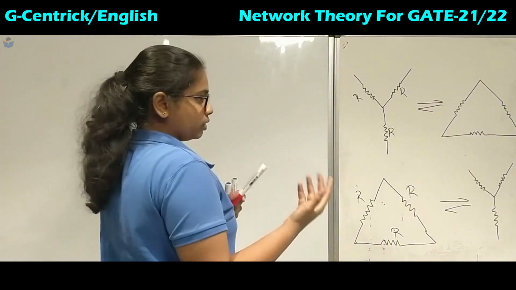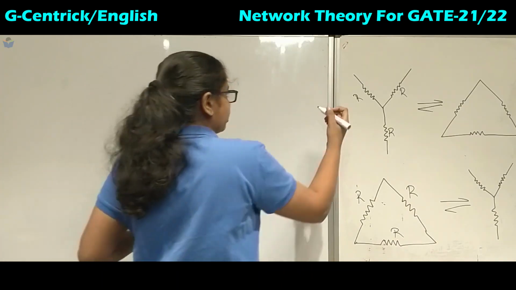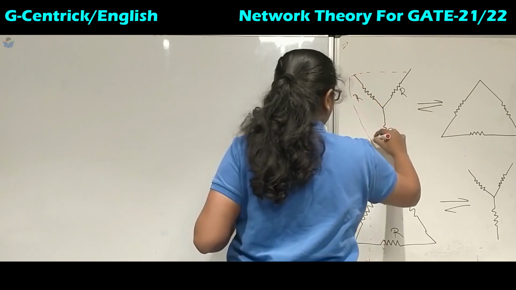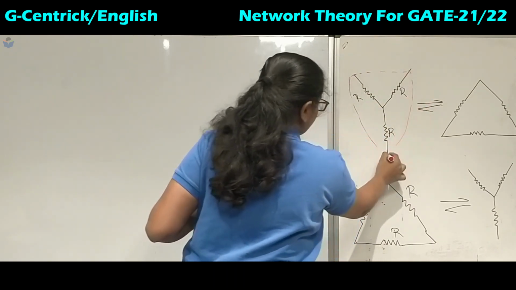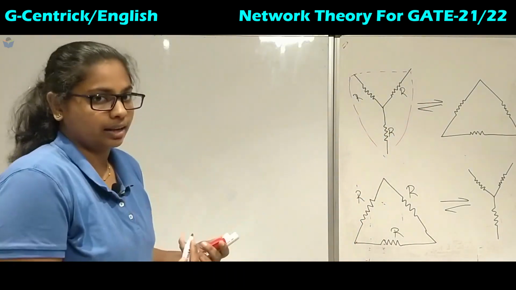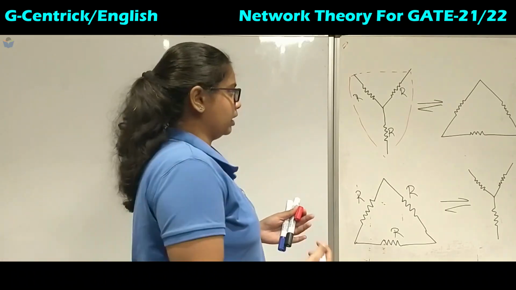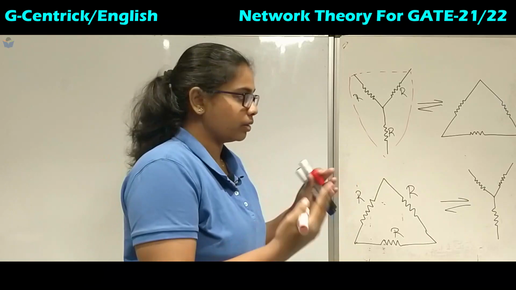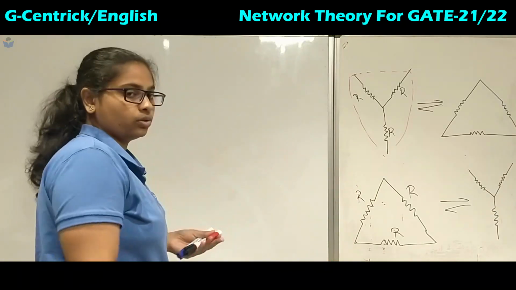Okay. So before that we will use the old technique to convert this. So we will draw the delta, we will assume these imaginary lines, so that the concepts will be clear. Later on we can directly convert from delta to star.